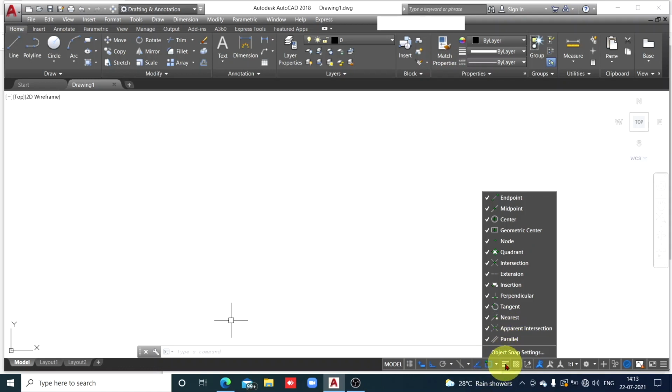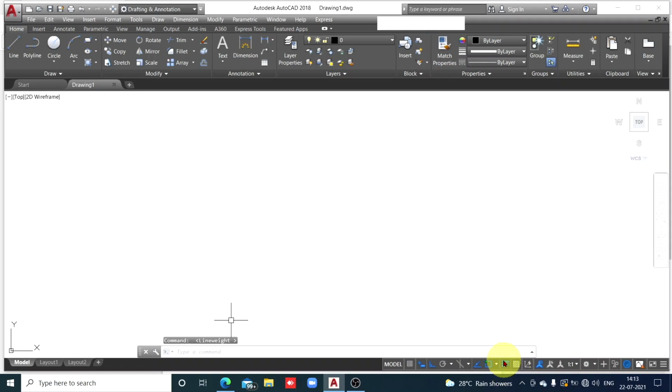Okay. Then here this toggle key, keep it on because it gives you line weight. It shows a line weight in your drawing. So keep it on. And now most important thing, since we are going to draw isometric view, watch here this toggle key. Isometric drafting. Right now it is off. For orthographic views we keep it off. But now we are going to draw isometric view. So for isometric drafting, make it on. So this is very important thing we have studied here. For isometric view, for isometric drafting, keep this toggle key on, isometric drafting.